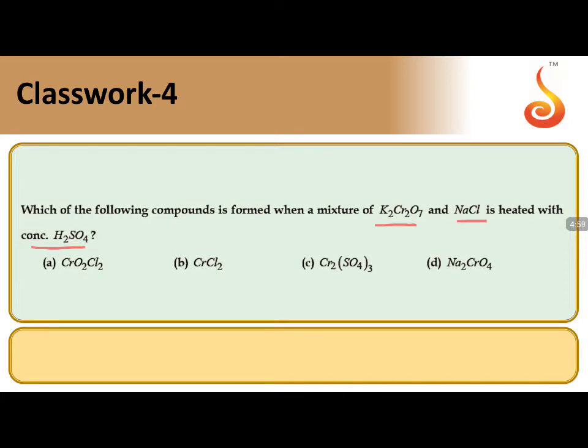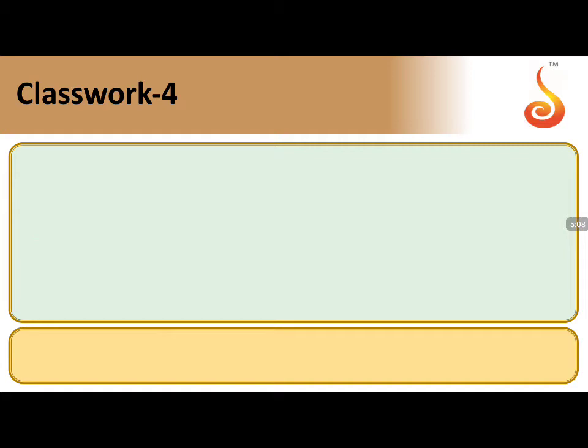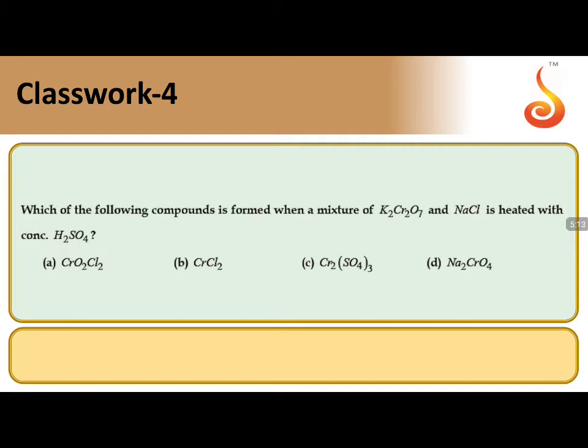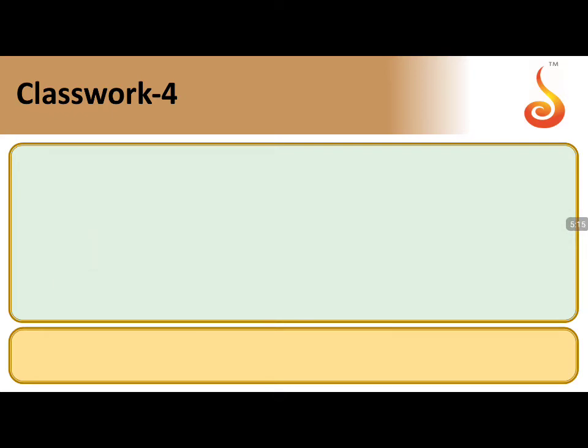Which one of the following is formed when a mixture of K2Cr2O7 and NaCl? Let us see this particular question now. In this, let us go for the equation for this and then come to the answer. What can be the possible equation which can be written? So the equation which can be written for this is